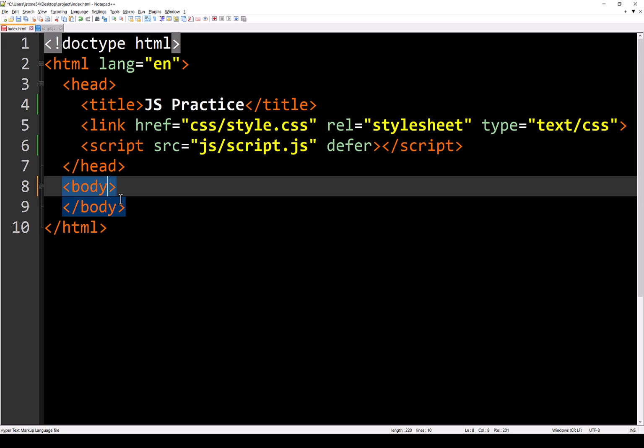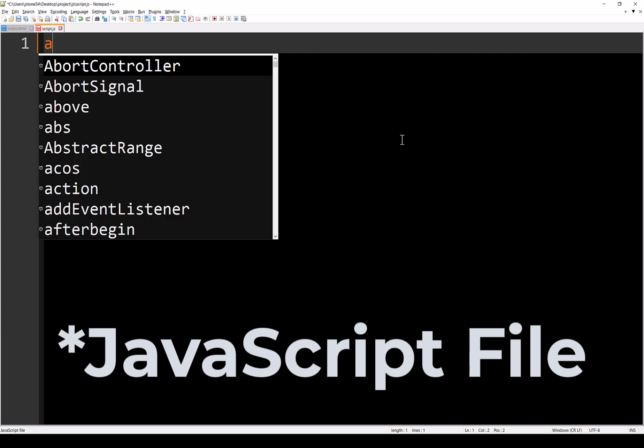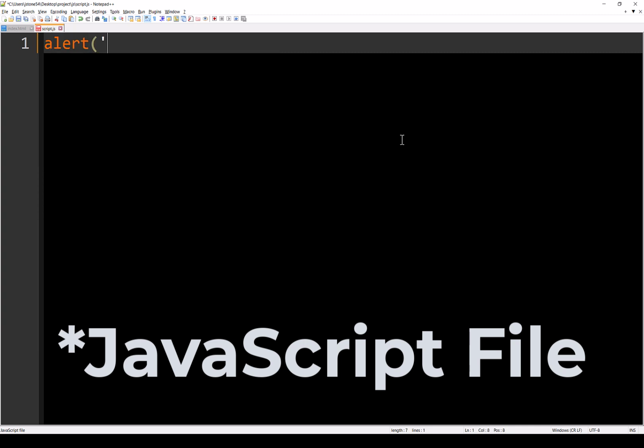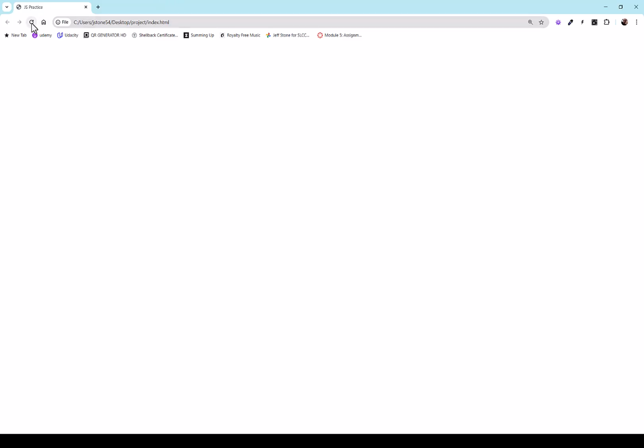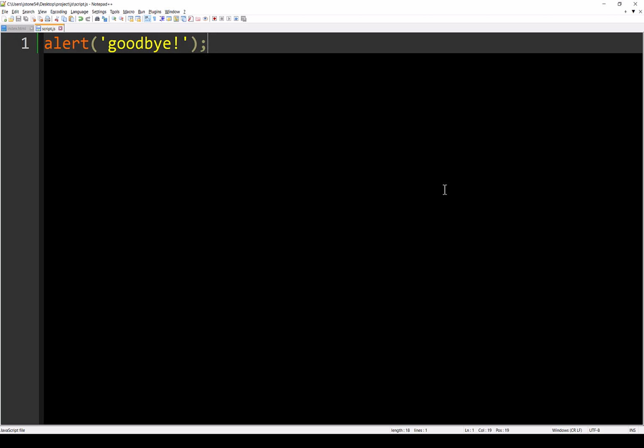We've already deleted the embedded. Now let's look at the separate style sheet. And we'll do one more alert here that says goodbye. And again, when I refresh, you will see, because my JavaScript is connected, we get this message here. All right, so we remember how to connect our JavaScript to our HTML.